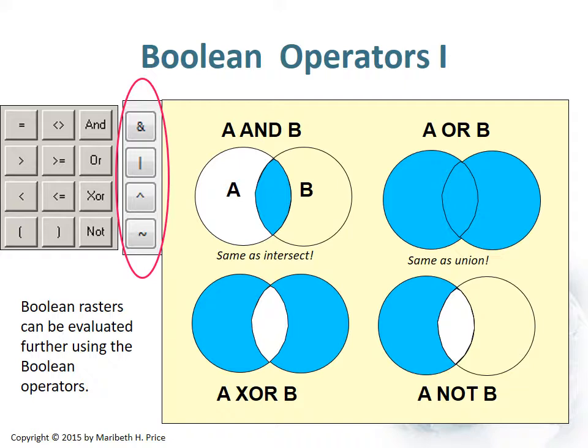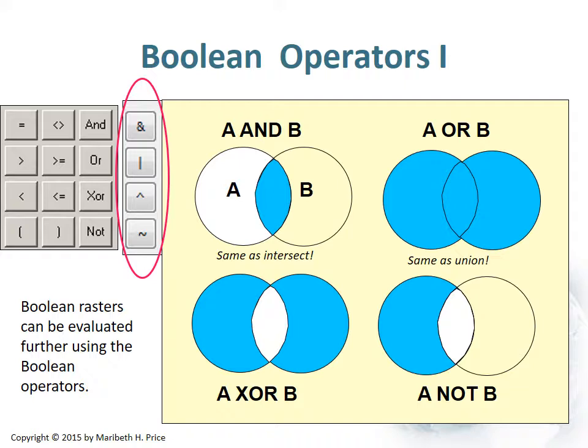A XOR B, XOR is exclusive OR, and this is the area that's either A, the area that may be B, both of those together, but where they intersect, that gets excluded. So that's why it's exclusive OR. It works like OR, but it excludes anything that's common between the two inputs. And A not B gets rid of anything that is coincident between the two,